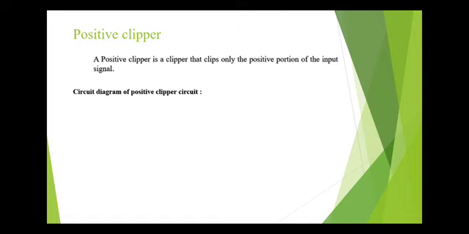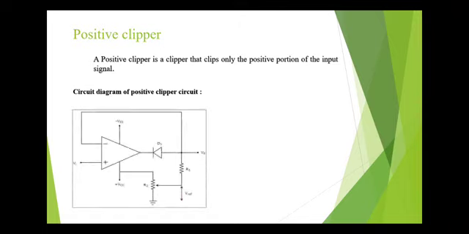Circuit diagram of positive clipper circuit. This is the circuit diagram for positive clipper circuit. In this circuit, a sinusoidal voltage signal Vi is applied to the non-inverting terminal of the operational amplifier. The value of reference voltage V reference can be chosen by varying the resistor R2. The operation of this